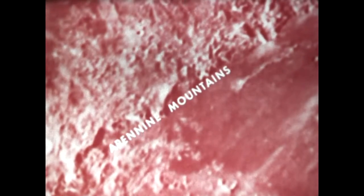Well, we're now leaving the coastline and going over the Apennine mountain range. Some of these peaks reach an altitude of 20,000 feet, as high as any mountain on the North American continent. Now, if you will look far off to the right, you will see our reference point. Doctor, I'll never forget it. Well, it is a good one to remember and can be seen from back on Earth with nothing more than